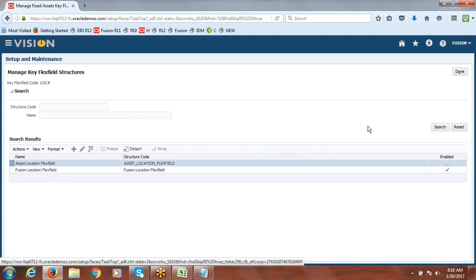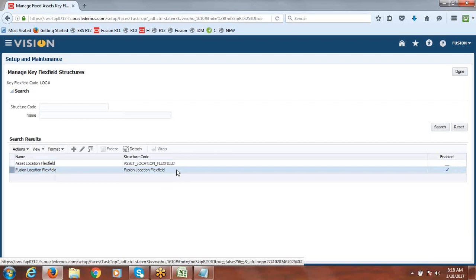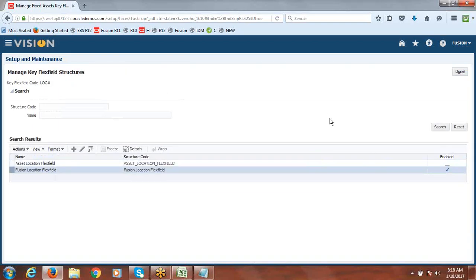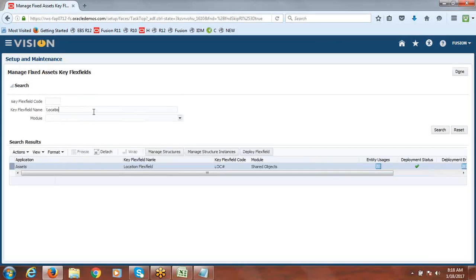Vision location flex field created. Okay, it's there as we created. Yeah, I'm sorry. We have to create asset key, right? I'm sorry, I was searching for location. It should be asset key.